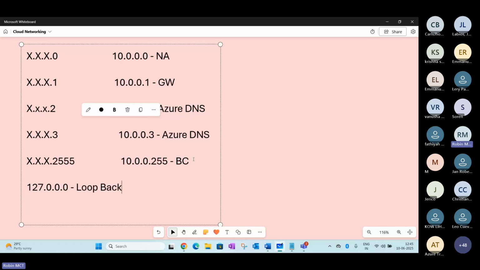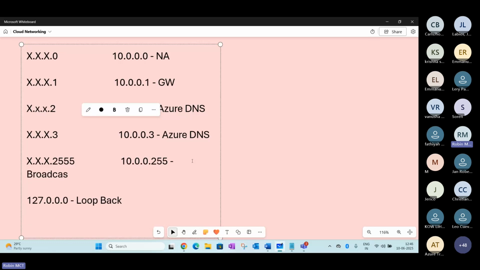You may have heard that in networking we have unicast, multicast, and broadcast. This is used for broadcast purposes, and I just wrote an abbreviation for that, BC, broadcast. So when you are working as a network architect or network engineer, please understand that the 127 series is also not used manually. It is used for loopback purposes.